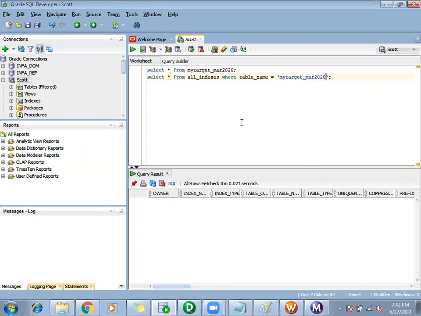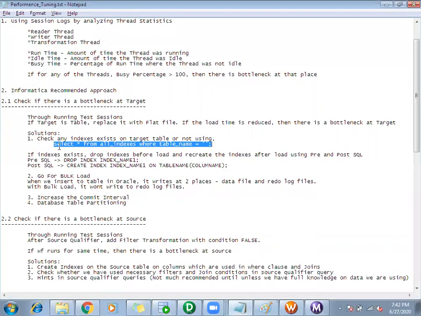Indexes are basically created to improve performance when you are extracting the data from that table. Okay. If there are any indexes created, it takes some time to load the data to such tables. That's why we first check whether any indexes are created.